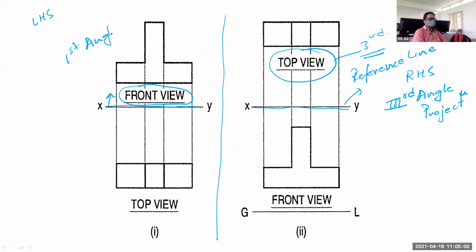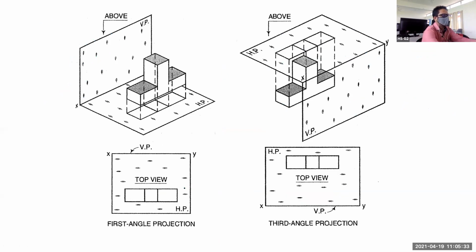This first angle and third angle projection is very, very important. So you all must listen carefully to what this first angle projection method and what this third angle projection method is. Today we will see in detail about these two methods. Now, it is clear that in first angle projection method, your front view will be above your reference line, that you remember, and top view will be below your reference line. In the previous slides,